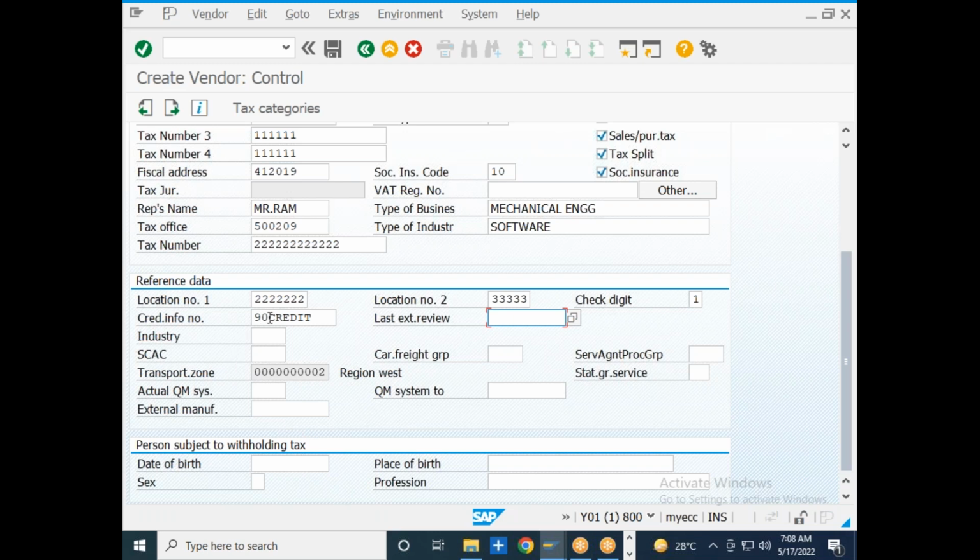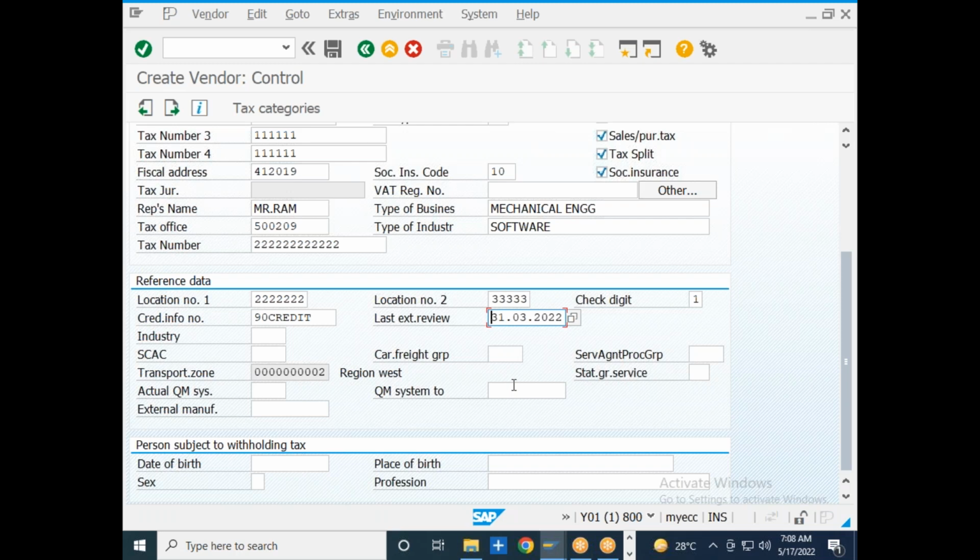You just need to select the credit limit that is set for this particular vendor, and the last date on which you reviewed the credit information. Let us say I reviewed the information on 31032022. If I have been doing business with this vendor for the last couple of days and I observe that the vendor is supplying the materials quite well and following the delivery terms and conditions very well,